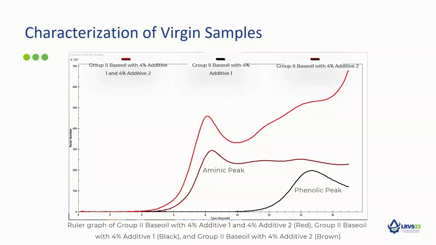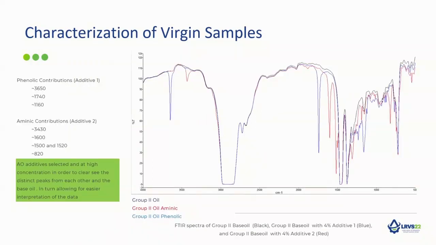However, when they are mixed, we are witnessing a stronger signal in the aminic region. But why? To understand this simple system, we will now display FTIR data to illustrate the empirical contributions. It should be noted that for this ruler analysis, all samples were diluted to a 9:1 ratio in a group 2 base oil, as the 100% mixtures oversaturated the system, and we were not successfully allowed to quantify the amount of additives inside.